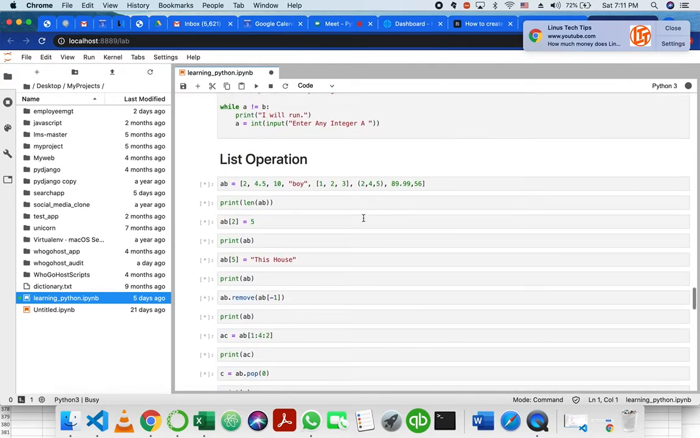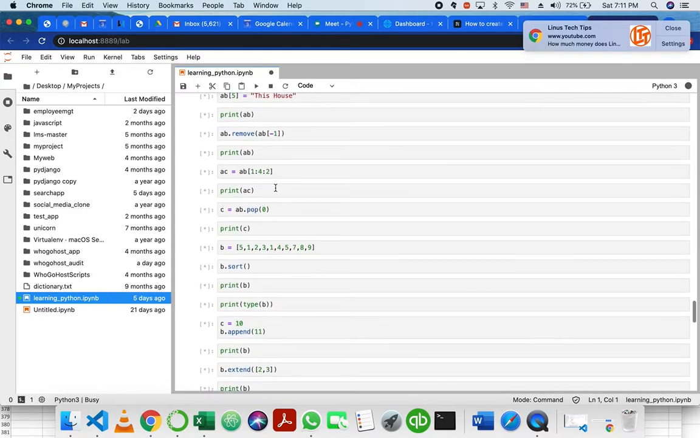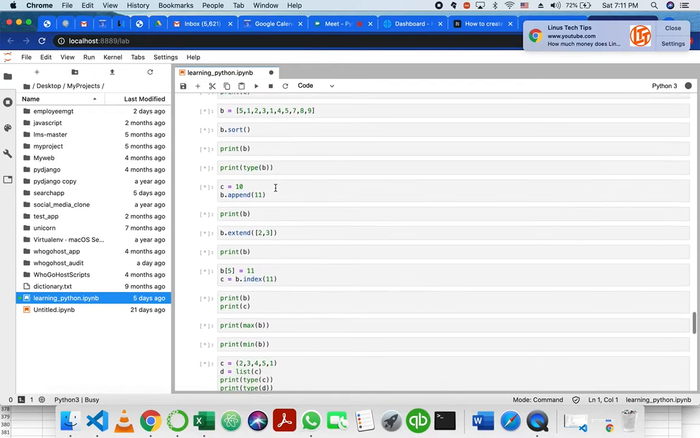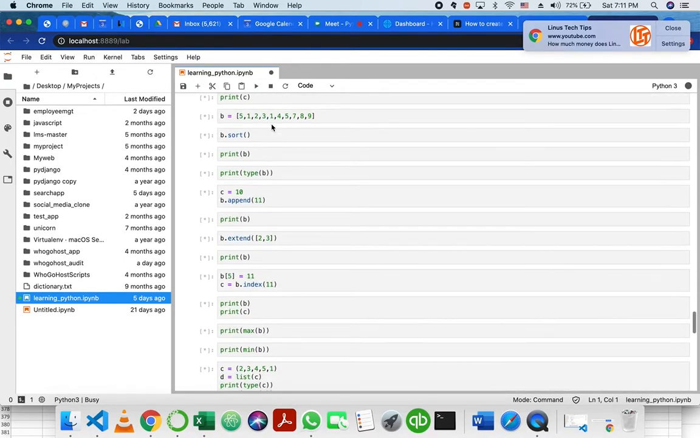Now we looked at certain list operations. We looked at appending to a list, finding the length of a list, removing from a list, and sorting a list. I don't think we looked at reverse. Now when you sort a list,